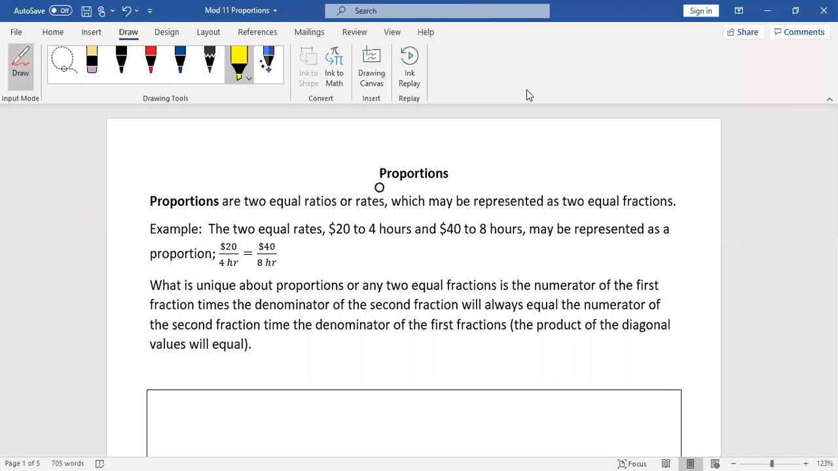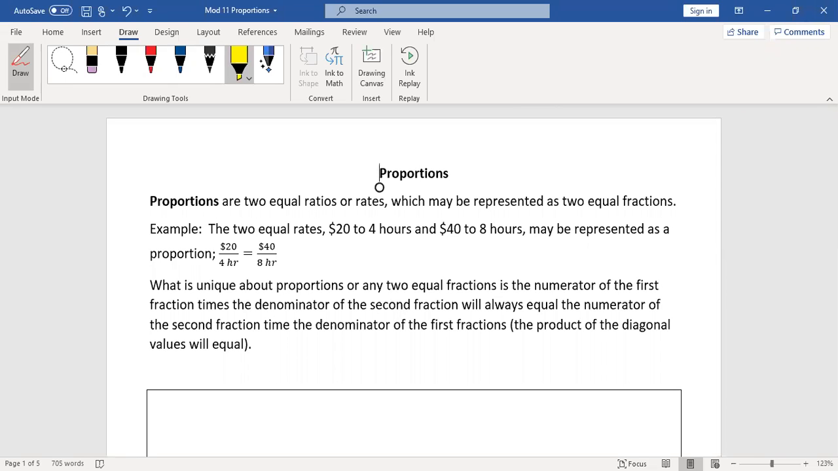Hello students, this video lesson is going to be about proportions. Proportions are two equal ratios or rates, which may be represented as two equal fractions. The two equal rates, $20 to 4 hours and $40 to 8 hours, may be represented as a proportion, as